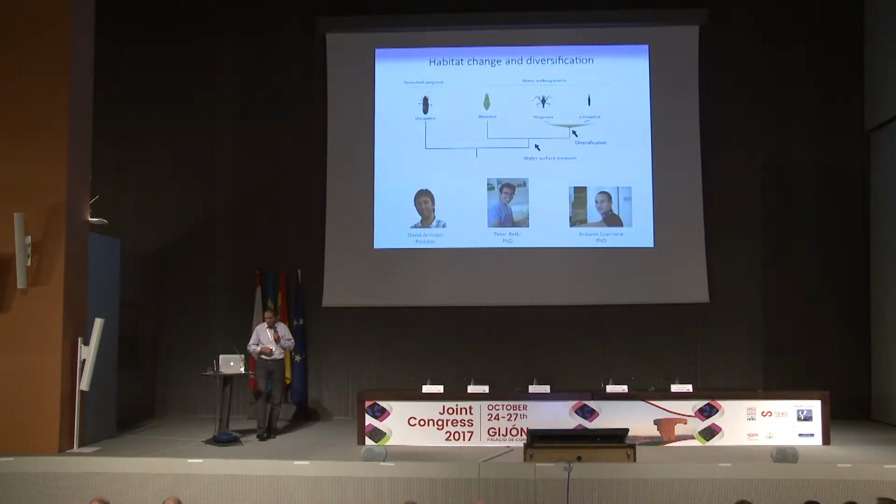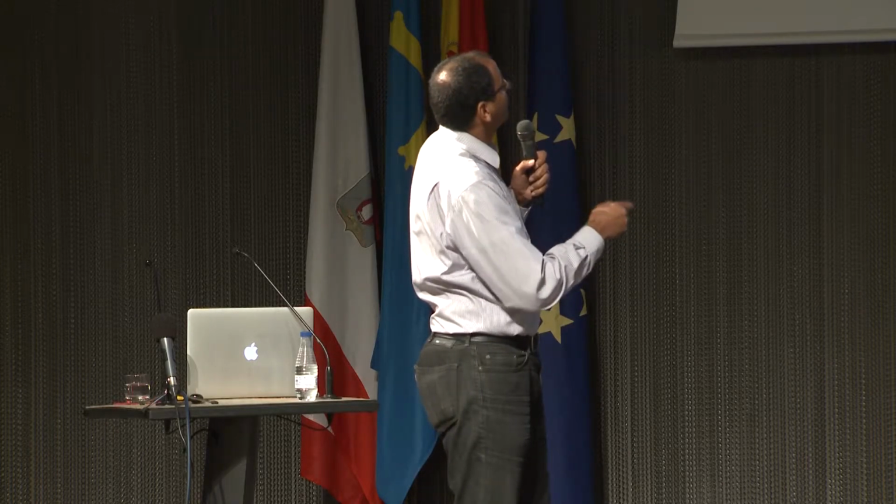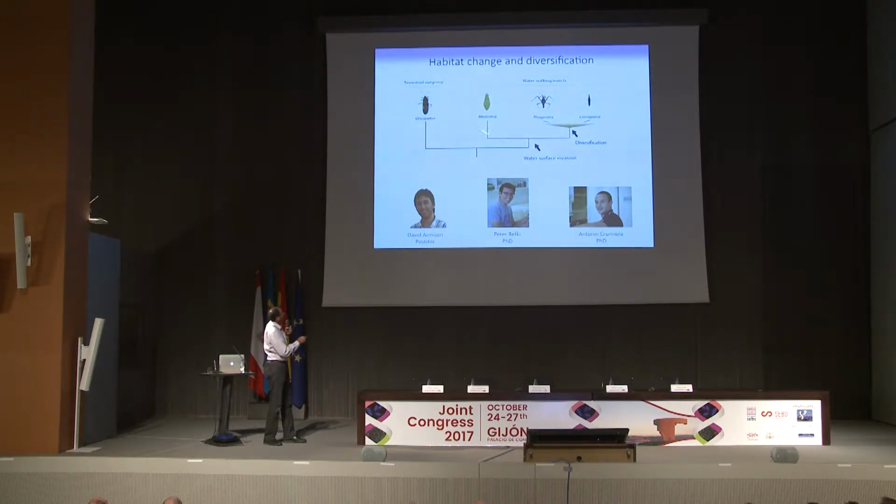So how did they do this? The work I'm going to show you in the next slide is mostly done by these three talented people. If you look at this species here, this is a very simplified phylogeny. Here you have an outgroup, a terrestrial outgroup. These are all water-walking insects, and you can see that there are differences in morphology. This species looks more like this terrestrial outgroup, so it retains an ancestral character state. Whereas if you move to these two derived species here, they have a very different body plan, where most importantly, the second leg is now the longest leg. And we will see in a second why that is.